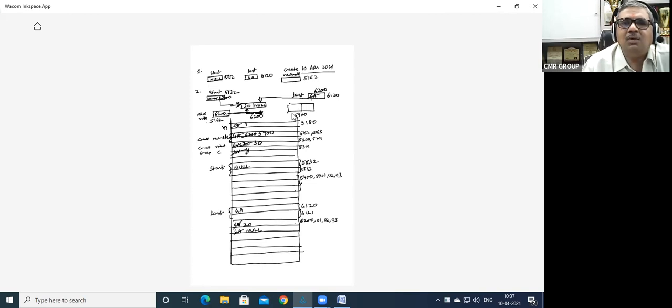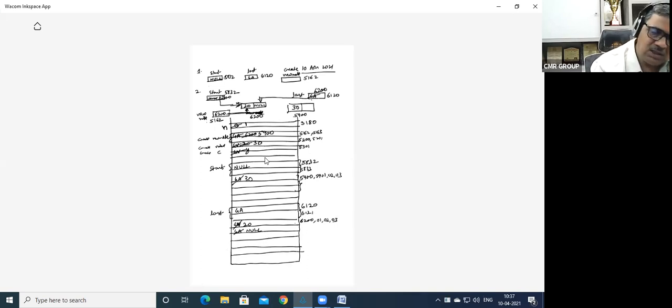Now tell me how to access the data part of this new node: new node arrow data. And what is the pointer part? New node arrow ptr. So you see what we have written? New node arrow data is equal to how much value? Value is how much now? Tell me. 30. So whatever garbage value is there is overwritten with 30.